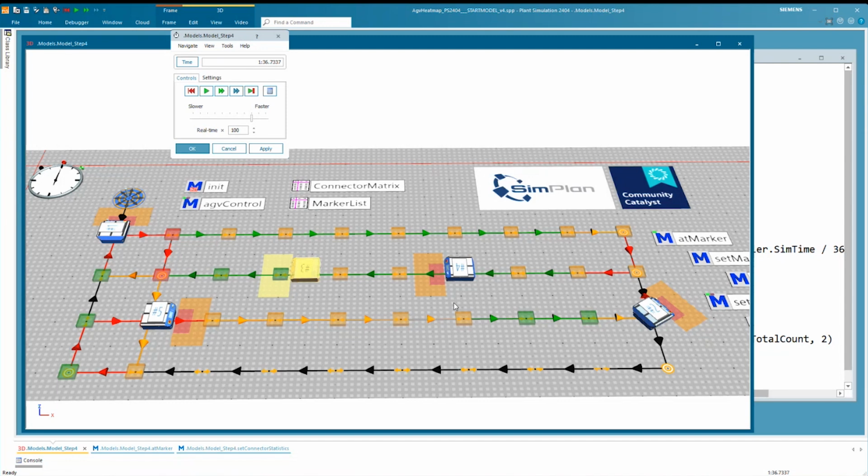So if that is part of the focus of your simulation study, to say, I have, for example, here in this layout, I know I have these areas where there's a lot of turning around, and all the AGVs that come from one of these aisles have to go through these points, and then they interfere with each other. Is that a problem, or is that fine? I think that will be more complex, or more effort to do that with workers. With the AGVs, you have more flexibility. Also, when they leave a marker, you have the distance, the safety zones.